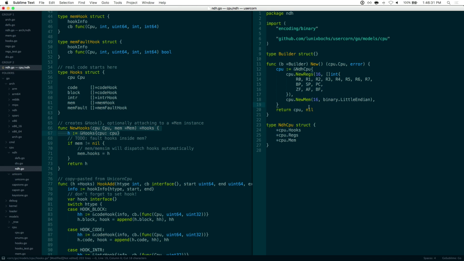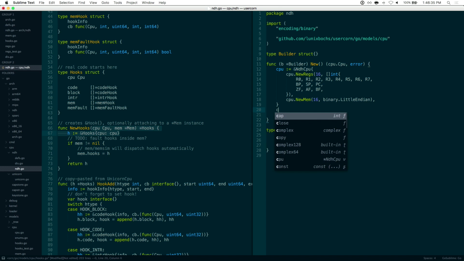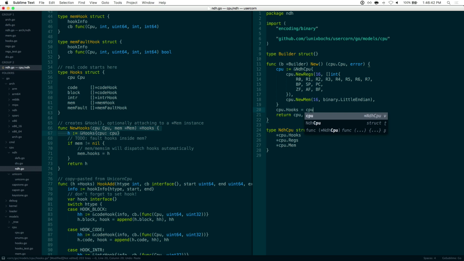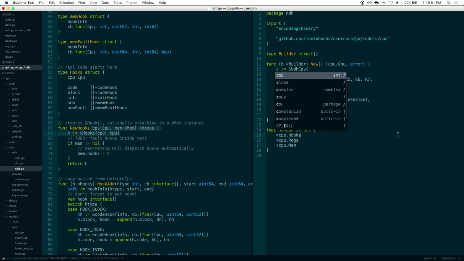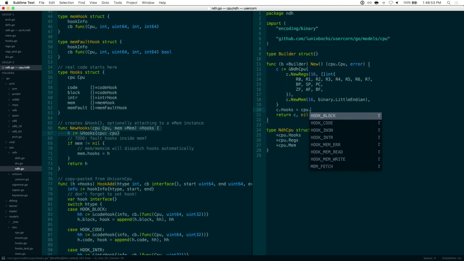So I have to say CPU.hooks equals... Oh, I've already used the name CPU. I can't do that because I'm also importing it. So let's see here. C.hooks equals CPU.new hooks with C and